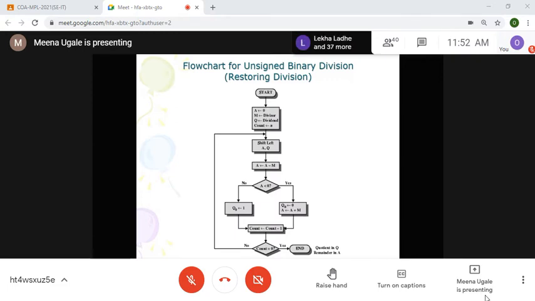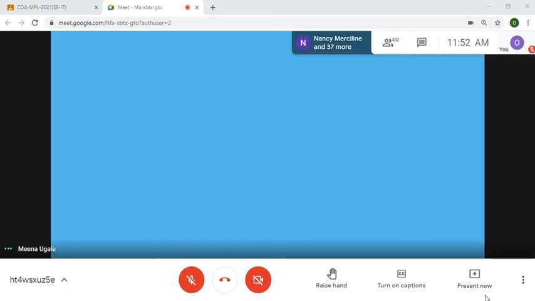This is mainly used for dividing two numbers, and how the left shift and addition work and the decision of what to write at Q0, that part we have seen. So this part we have already seen with one example. Two or three more examples we will see on this, and then continue with the next part, that is the non-restoring division algorithm. I'll stop sharing my screen and we will go for solving examples on this.